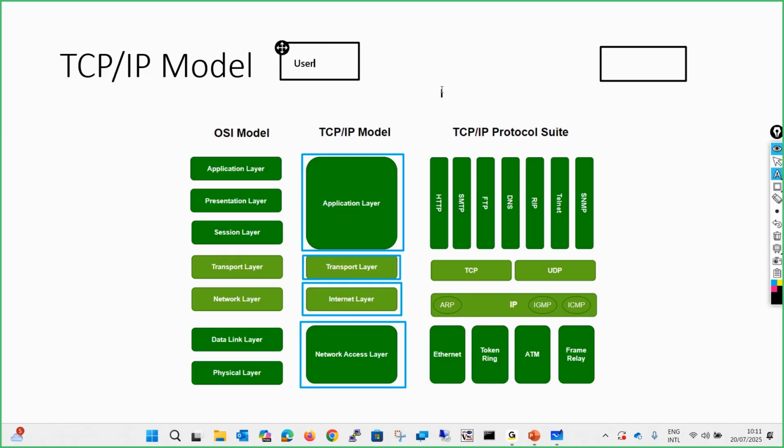This is a user, and this might be www.google.com, for example. This is a server. Now the user sitting over here opens the browser, calls for https://www.google.com. The protocol which comes into the role is https. The user will send the data through an application by opening a website,